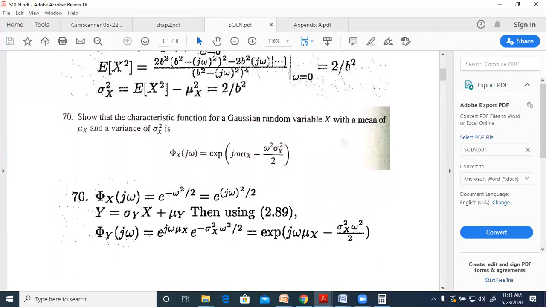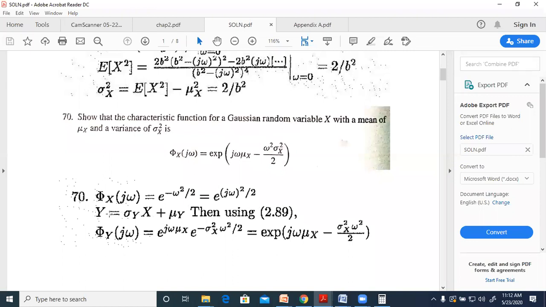Then we have question number 70, which we didn't solve. Show that the characteristic function for a Gaussian random variable x with a mean of mu x and a variance of sigma x squared is this quantity. So for that, you need to take again, for the Gaussian random variable, phi x of j omega equal to e to the power of minus omega squared by 2. This is the standard format, and that can be written as e to the power of minus omega squared by 2. And if we write y equal to sigma x plus mu x, this is the standard equation for the mean,